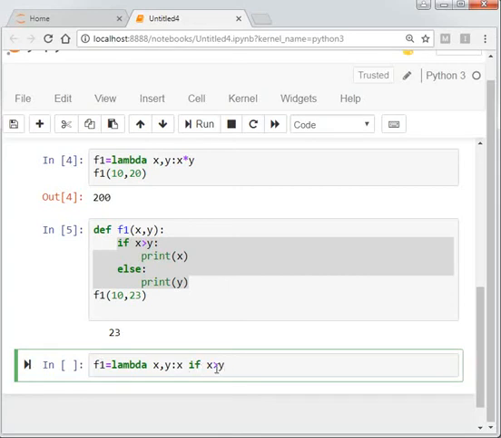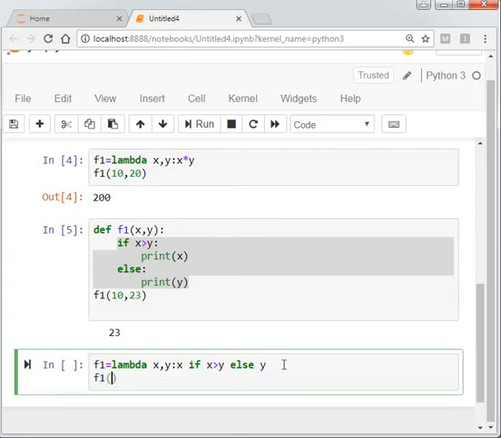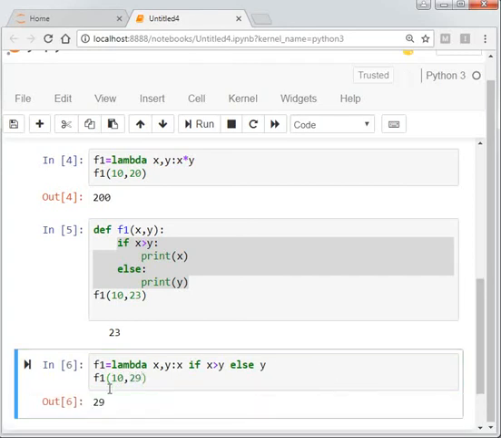This is the first condition. If x greater than y, return x. In the case of else, y. If the condition is not true, then return y. So y will be stored in f1. So again call it 10 comma 23, 29, like that. So what if 10 greater than 29? No, the condition is false, so the return will be y. So the y value is 29. Again right here 50, so the result will be 50. You can see here, this is the simplest thing used in that case.